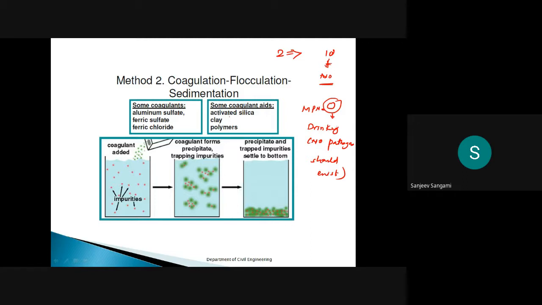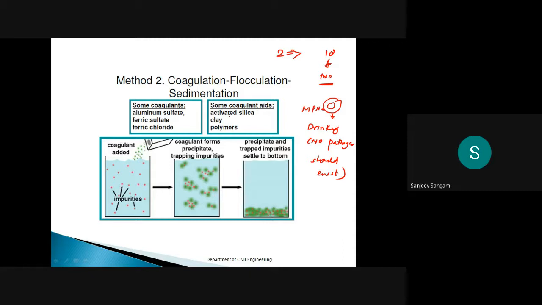This is the overall picture about the biological process, physical characteristics, chemical characteristics, and biological characteristics, and what kind of test we have to conduct based on the quality of water, or based on the source of water.